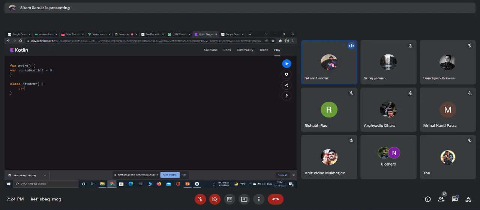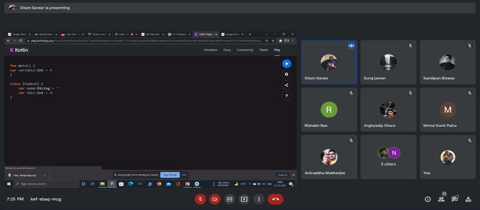Like, let's say I am creating a variable name, which is of type String, and I am assigning a null value here. Another one, let's say roll, of type int.